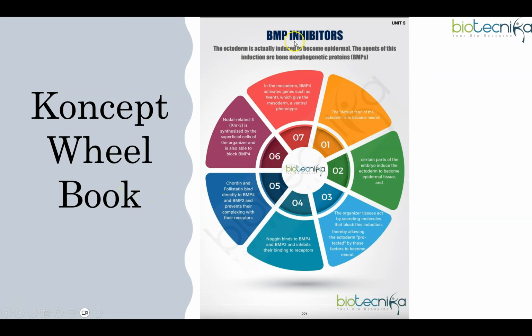Okay. You can also revise from the Concept Wheel book of Biotechnica, which covers any particular topic and the different points under that topic. So every point of the topic is color coded, which is very helpful in recollecting during the exam. Like BMP, it is a type of BMP inhibitor, extremely important in amphibians. Questions have come. So certain parts of the embryo induce the ectoderm to become epidermal tissue. So what are the functions, and how do these organizer tissues act by secreting molecules that block this induction? So what will be the inhibitor, what will be the activator, what are their functions, what is the significance,